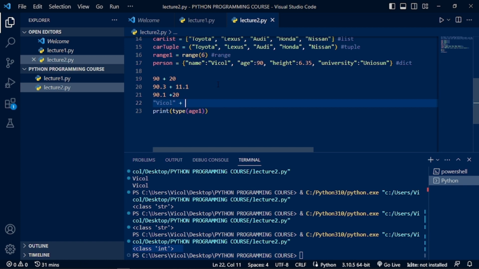But if you have something like Vicol on its own and you want to do plus, let's say, 13, you are obviously not going to be expecting a numerical value from this expression. Because 90.1 plus 20 is going to give us 110.1, 90.3 plus 11.1 is going to give us 101.4, and 90 plus 20 is going to return 110. But having a calculation like Vicol plus 13 is not just going to return a numerical value,